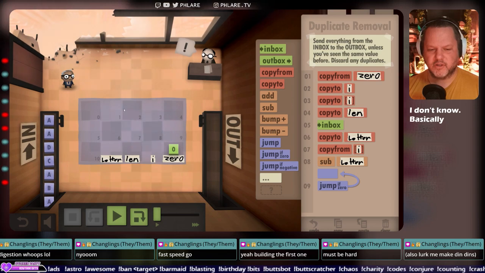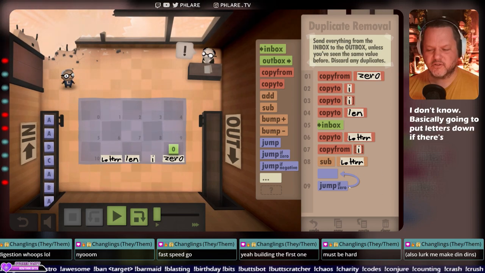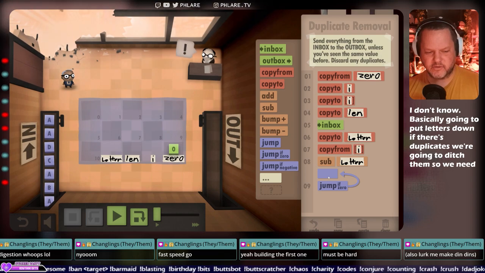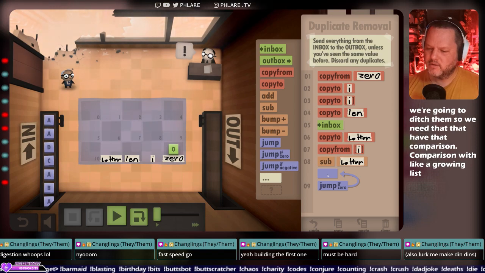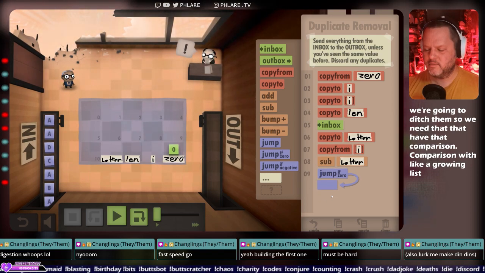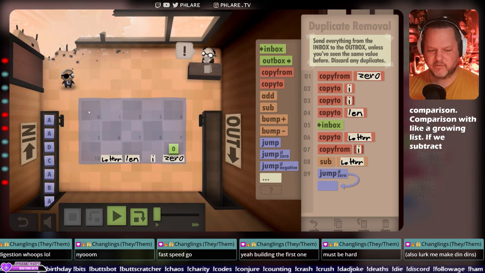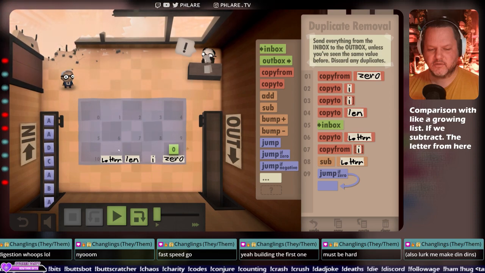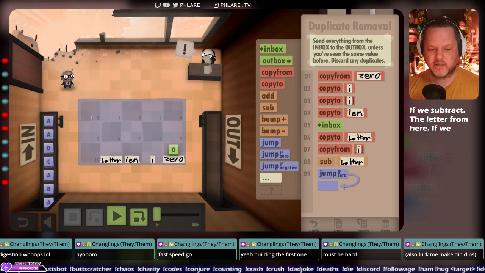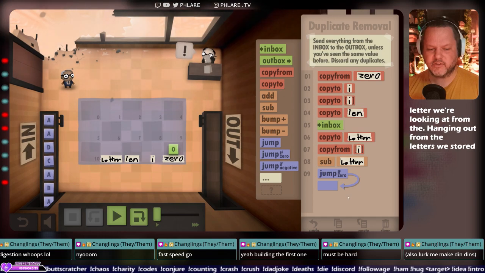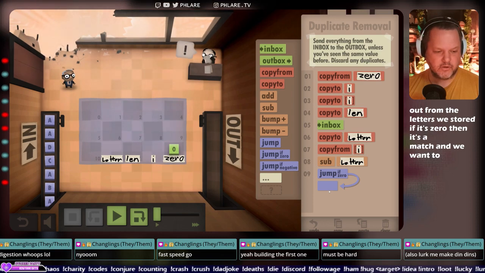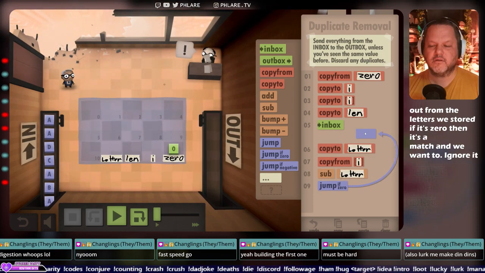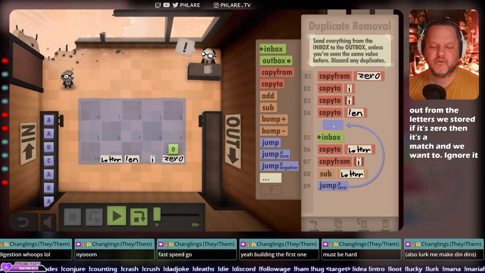Basically gonna put letters down. If there's duplicates, we're gonna ditch them. So we need to have that comparison. Comparison with like a growing list. If we subtract the letter we're looking at from the letters we stored, if it's 0, then it's a match, and we want to ignore it and move back to